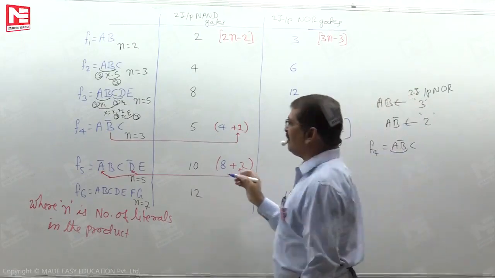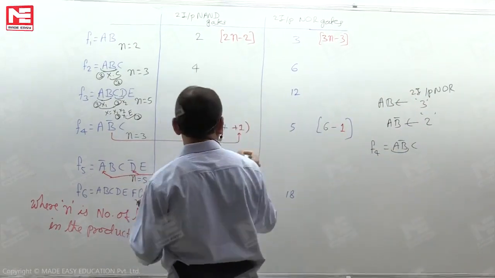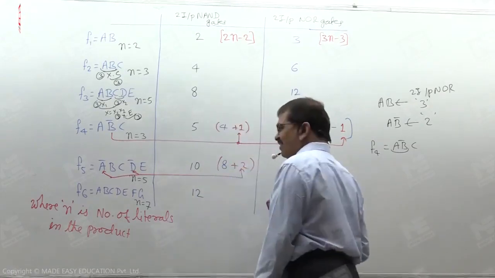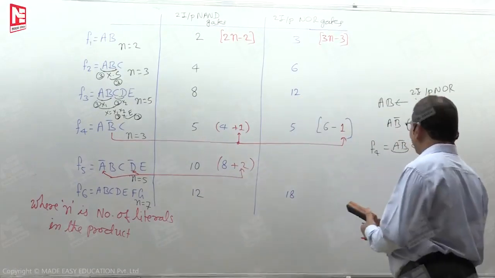Because of the complement on one variable, it is minus 1. If you want to see it clearly in the circuit,